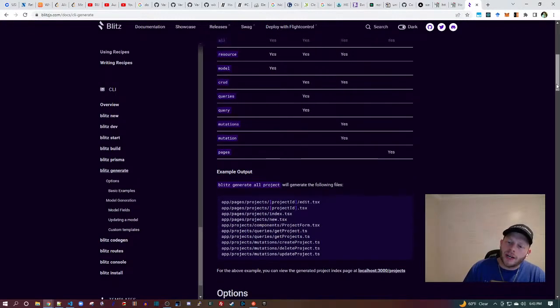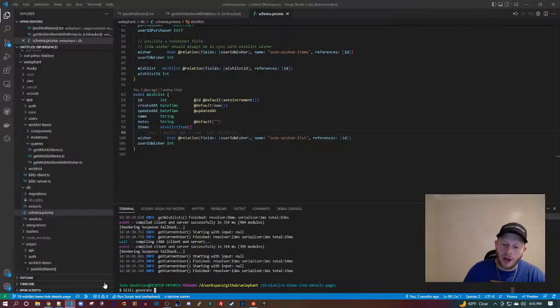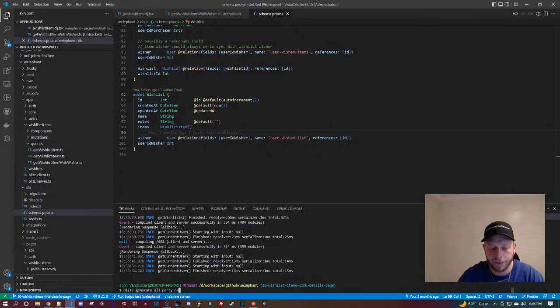So we're going to blitz generate all, and then it wants the singular name of the model. So mine will be party, and we'll see if it can handle the Y case. Y pluralization in English, you have to change it to IES instead of YS, right? That's always one of those tricky edge cases for an ORM or a code generator. So blitz generate all party. Now we need to tell it what we want. So the party is going to have a name. That's going to be a string.